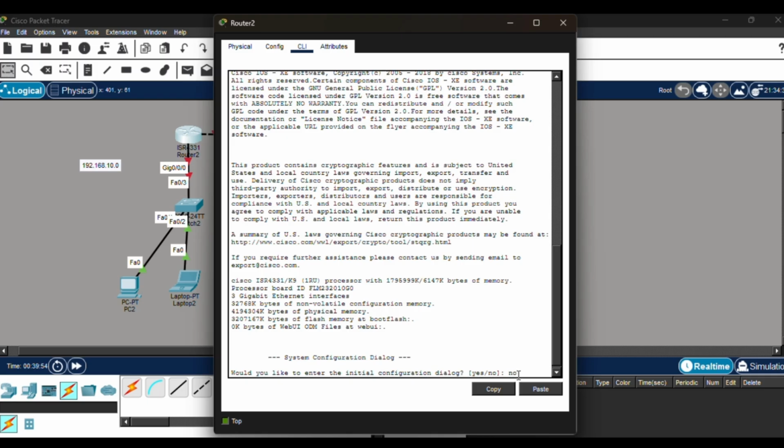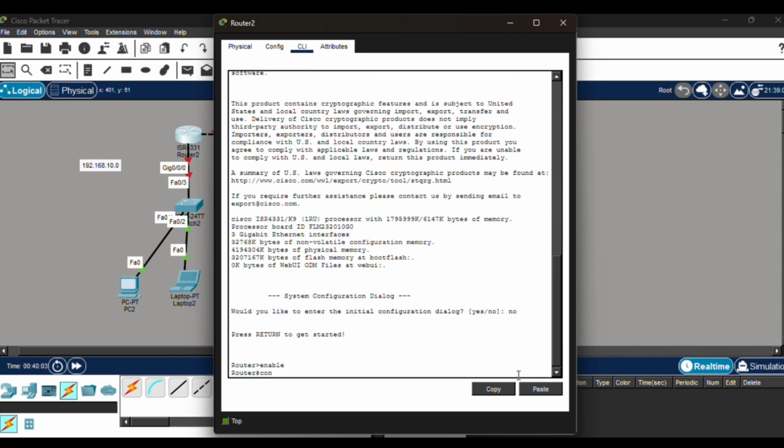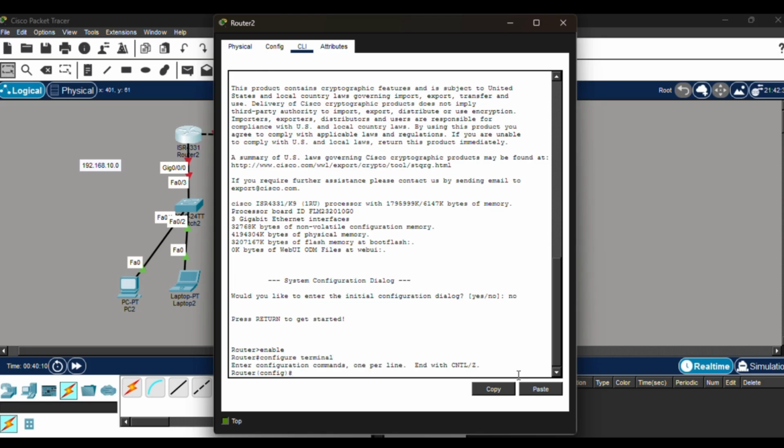Just type no, and then you type enable to get to privilege mode, and then configure terminal to get to global configuration mode. So we can decide to name it with hostname Router_Sales, router underscore sales, because we cannot have a space,